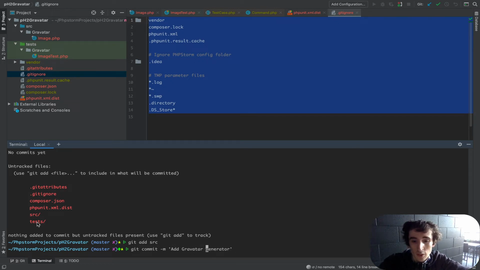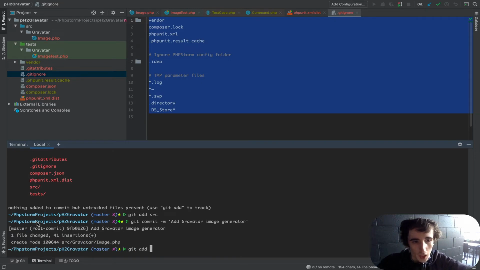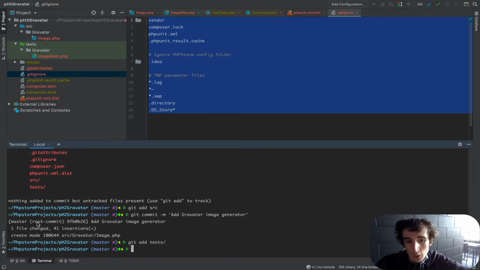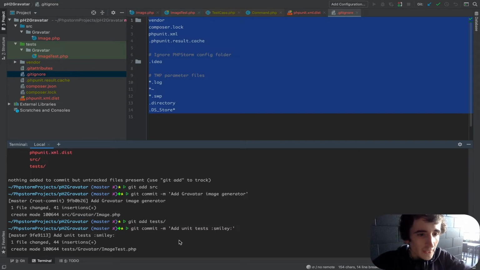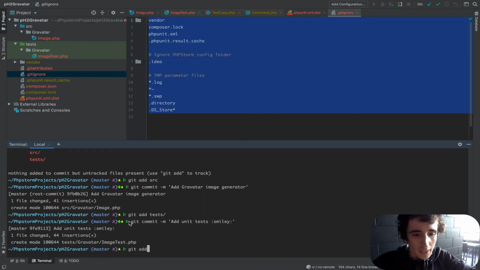Yeah, just like this. For you, you can even commit everything, but for me, I will commit folders to folders. And here I will do "add unit test". I like to have this at smiley or stuff like that. In GitHub, they convert colon smiley colon to the real smiley actually. And then we'll just do git add